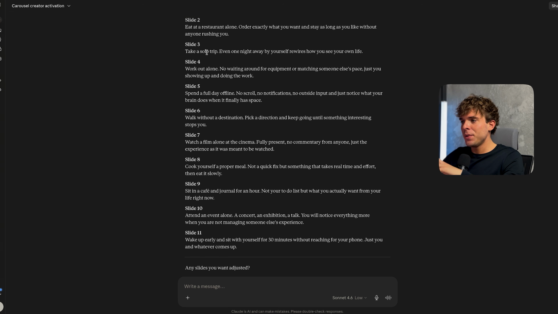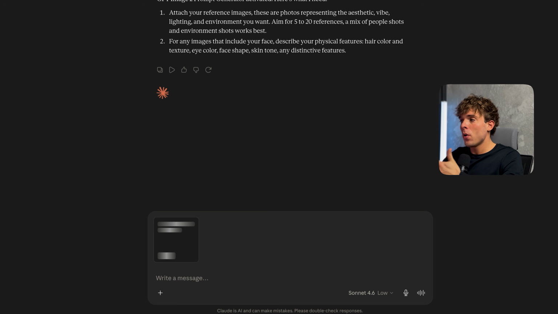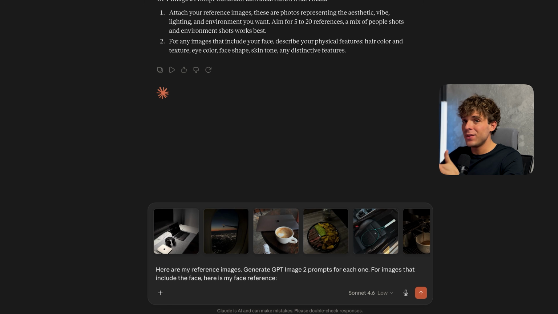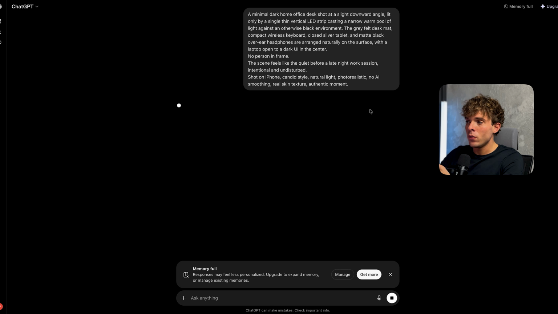So this is where the GPT Image 2 prompt skill comes in. Find 10 to 20 reference photos that match the vibe and aesthetic you want to go for. Activate the GPT Image 2 prompt skill and just drop all your reference images into Claude with this prompt. Then I take those prompts straight into GPT Image 2 and drop them